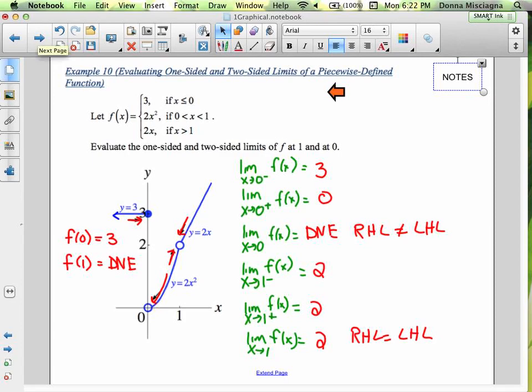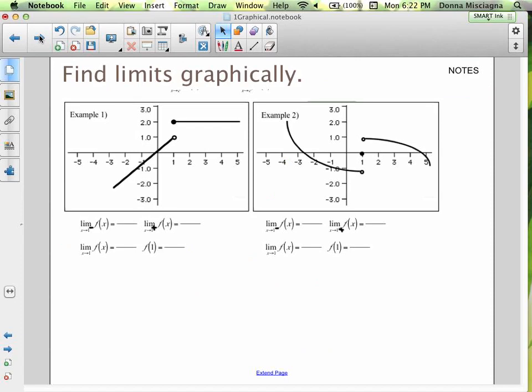Okay. Moving on. Right, let's look at this one. Here we have the graph. I hope it's not too small for you to read, and some things didn't print very well, so I kind of added them. They're not all limits of f of x as x approaches 1. Some of these were from the left and some of these were from the right. All right, so let's take a look at these. By the way, some of your homework problems for this lesson will look very similar to the ones we're doing right here. All right, so as x approaches 1 from the left,